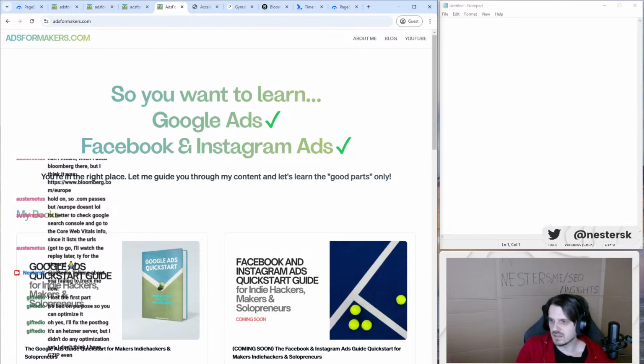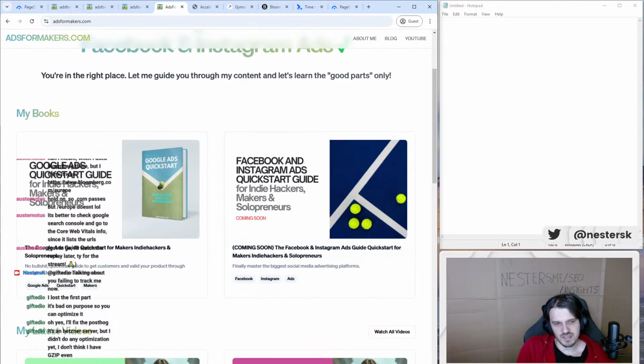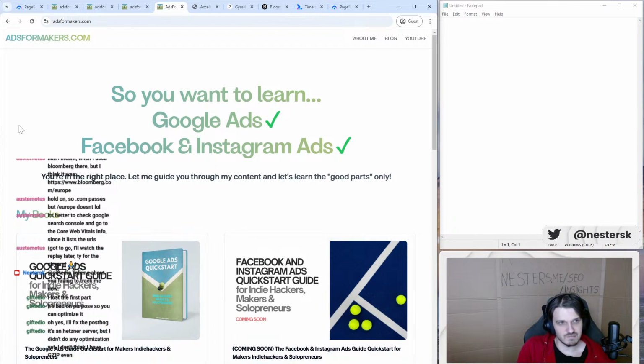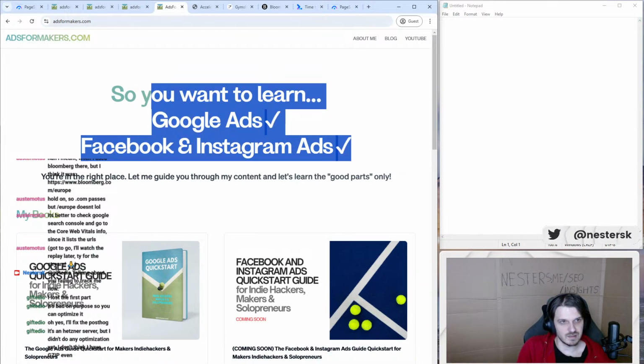But another thing I said is technically a better optimization than inlining the whole file, because at some point you don't want to inline large CSS files. When you see the above the fold part, if you can separate it, chunk it, you could call it tree shake, and select only the CSS relevant for what's above the fold, which is the text here, the header, and this My Books part. If you could isolate that CSS, you could inline only the above the fold CSS, and then keep the rest